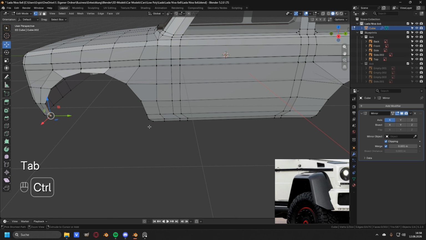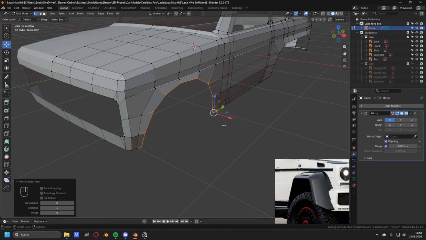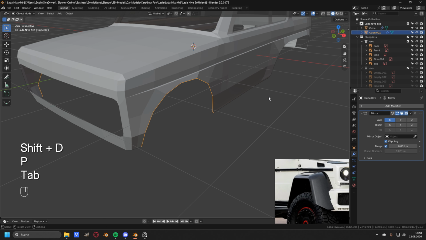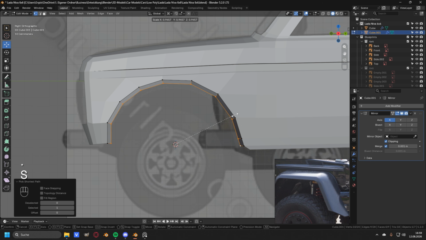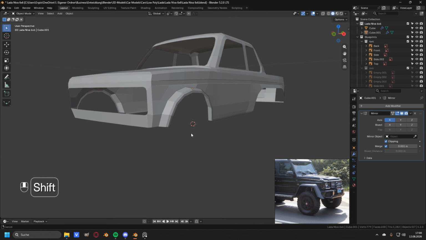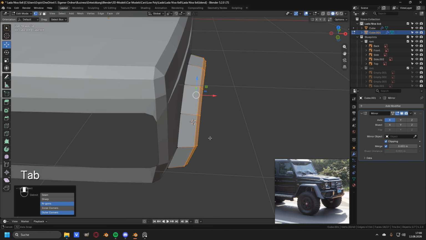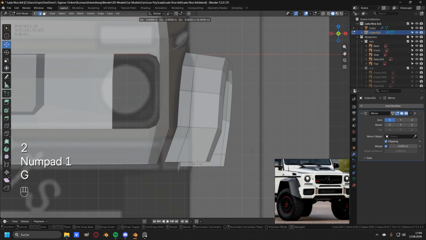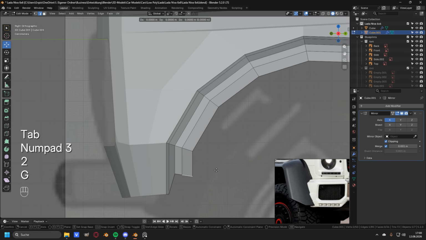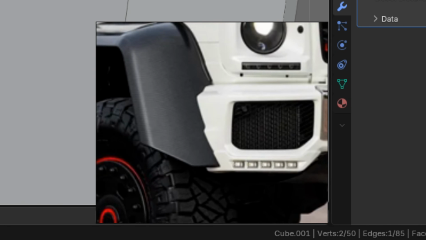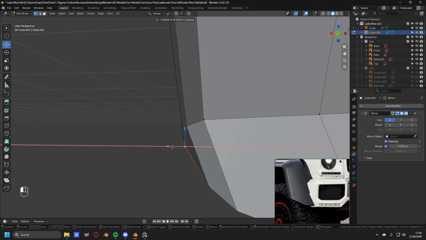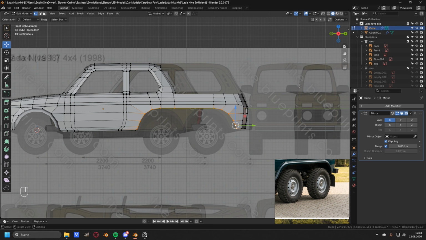To start with them, I've duplicated all of the vertices from the front wheel arch and then have separated them into a new object. From the front view I have extruded them to the outside, scaled them twice to the middle point, and after taking a look by rotating the view, I made it even wider. I then adjusted the front and the back by sliding some vertices, and from the reference image at the bottom right you can see that I have recreated the fender flares of the Mercedes G 6x6,